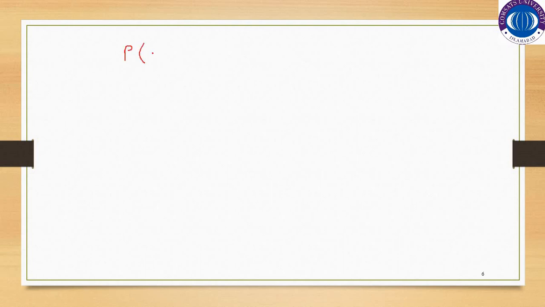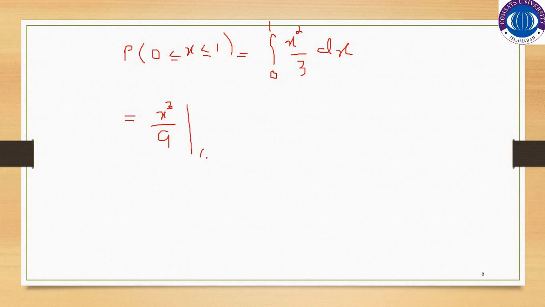अब फाइंड आउट करने जा रहे हैं प्रोबेबिलिटी बिटवीन 0 इज लेस देन x लेस देन 1। मैं फिर ये रिपीट कर दूं, ये लिखा हो या ऐसे लिखा हो, बात एक ही है, because you are in the continuous random variable case। So what you are doing, simply integrating the probability, going to find out the probability between 0 and 1, जो कि आपके पास आता है x raised to power 2 over 3 dx, जो कि आपके पास आएगा x raised to power 3 over 9, and the limit is between 0 and 1।